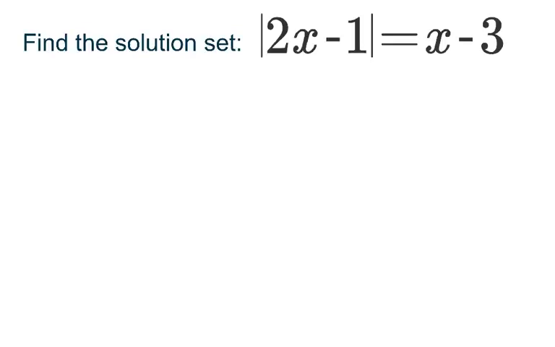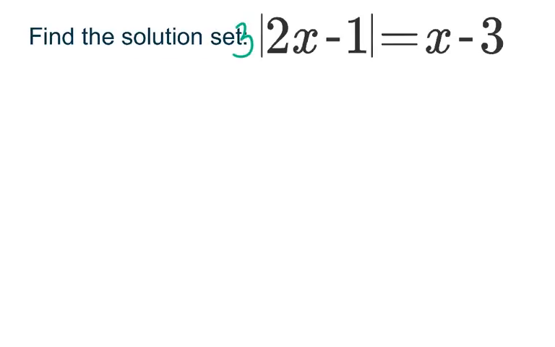Okay, so this is an example of an absolute value equation. Usually the first thing that I want to do is, let's say there was a coefficient out here, or a +2 at the end. Those are things that we'd have to move to the other side. That's called isolating the absolute value. We didn't have any of that to begin with, so I can go right ahead to my second step,